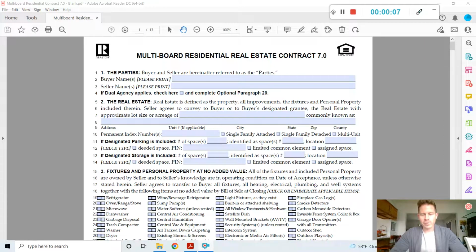I am going to go through the multi-board residential real estate contract 7.0 with you guys. I'm not going to go over every single line or every single paragraph, but I'm going to go over the most common parts of the contract that you would need to address when filling out the contract for a purchase when working with buyers. So if there's anything I don't go over that's more detailed, feel free to reach out